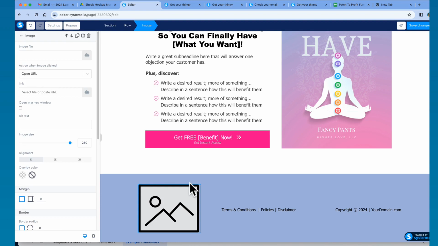I can click on the image itself. The gear is more about what's going to happen once they click the image, which is what we want. Do we want it to open a URL? Do we want to show a pop-up? So let's go ahead and